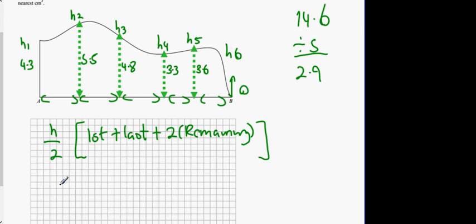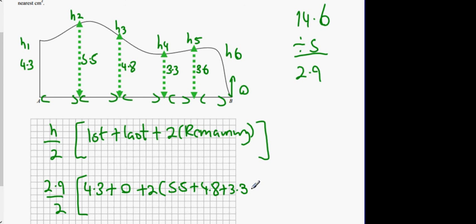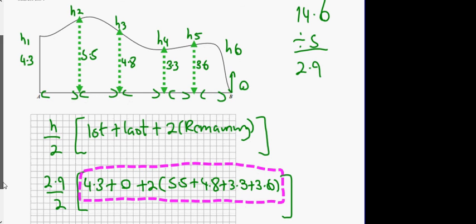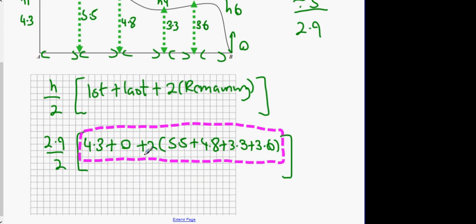So it's going to be 2.9 over 2. Then it's going to be first, which is 4.3 plus 0. Then plus 2 times remaining, which is 5.5 plus 4.8 plus 3.3 plus 3.6. Now, if you aren't too comfortable on the calculator, what I would do is just do this part on its own. And once you've done that part on its own, multiply it by 2.9 over 2. You can do it all in one go. And when you do it all in one go, what I got was